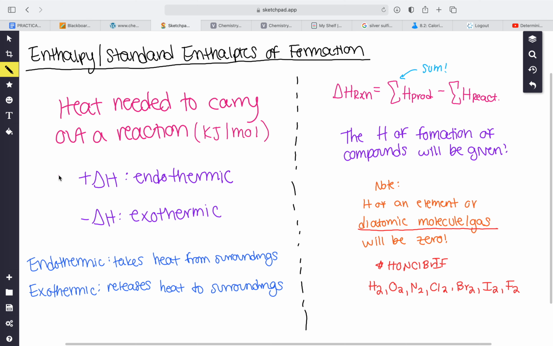Hello everyone, in this video I'm going to be going over enthalpy and standard enthalpies of formation. These two in the chapter are separated by quite a bit. They're not right next to each other, but I feel like personally they should be next to each other, so I'm going to throw these two together in one video, and then I'll do a separate video on Hess's law